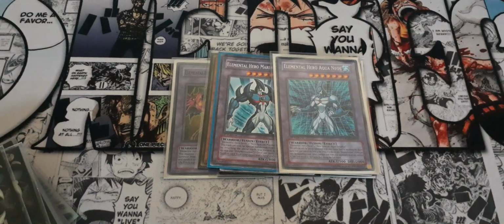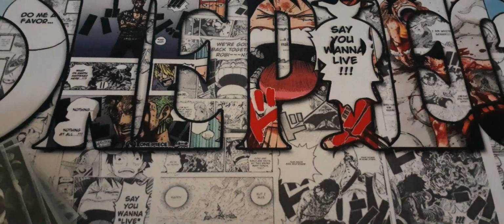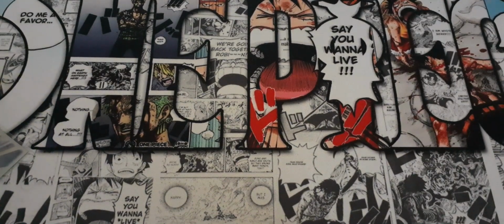Now, here's the quick thing. When you use Aqua Neos, you have to discard a card, and you can destroy a card from your opponent's hand. Marine Neos doesn't need to do that. So already it's better. So what you could do, and this is a way this new Fusion Reinforcement can be useful, you have to use these cards with Neos. So, a thing you could do would be this. Let's say, hypothetically,